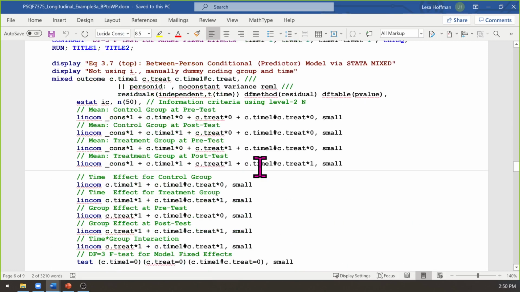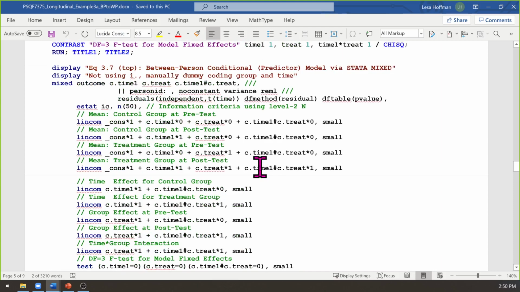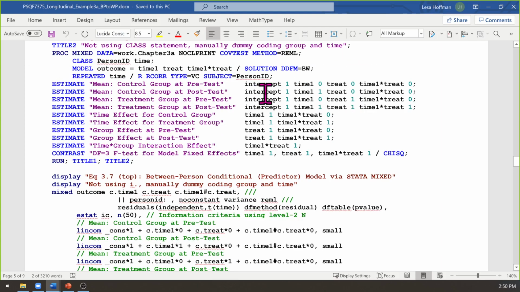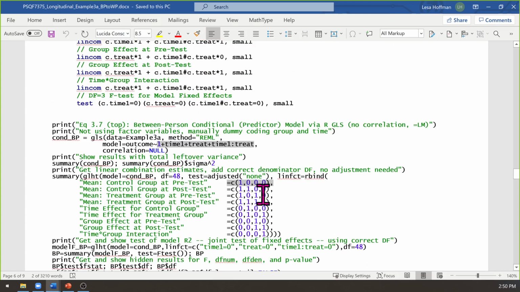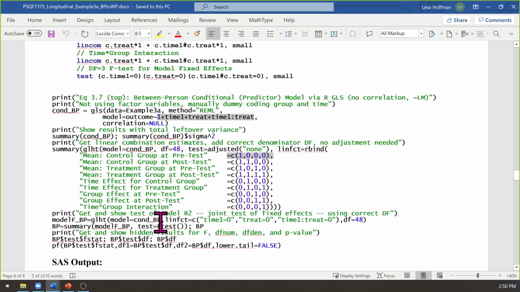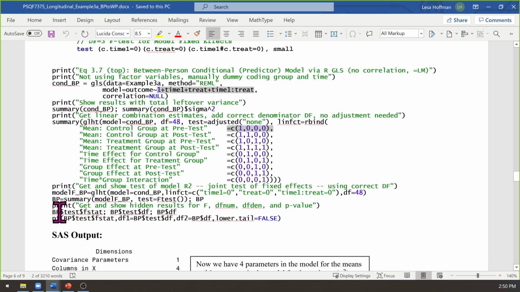So it's a much more unfriendly way of doing this, because rather than having the words and the values interspersed so you can see what they mean, you just have to know the order in which they're listed. And then you can ask for that hypothesis test for all three in a separate statement and ask for the F value that goes with it. So I was able to at least figure out that much, although it got the degrees of freedom wrong and I had to fix that. So like I said, I'm not great at R. I'm still working my way through, but I was able to get the analysis correct, so there's that.